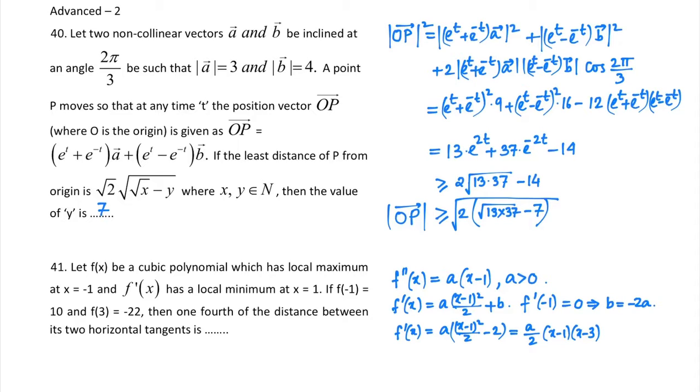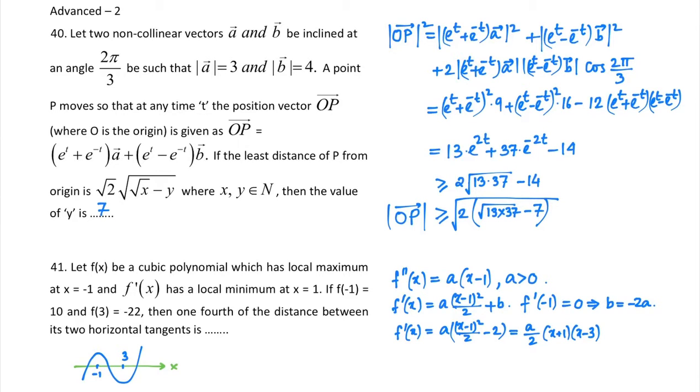Say I have that cubic function graph like this. Let us say this is our x-axis, and the cubic function graph is like this. At minus 1, the function is having local maximum, so let us take it this way. So this point is minus 1, this point is 3, because just now I have seen the derivative is equal to a by 2 into x minus 1 into x minus 3. In this factorization there is a mistake, let me change that. It should be x plus 1 into x minus 3.